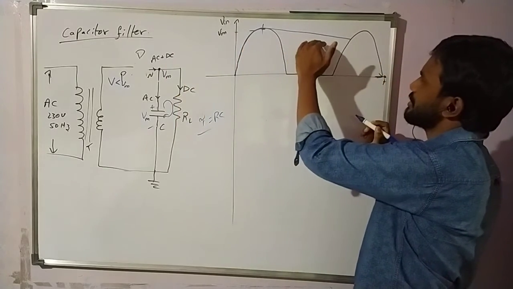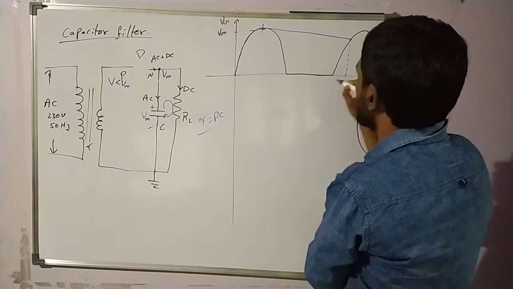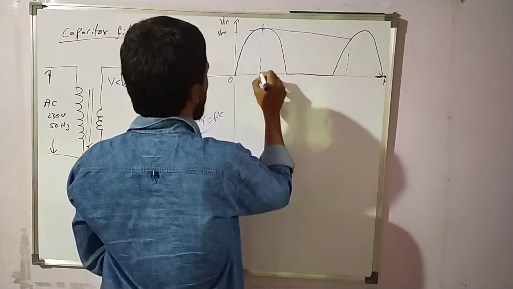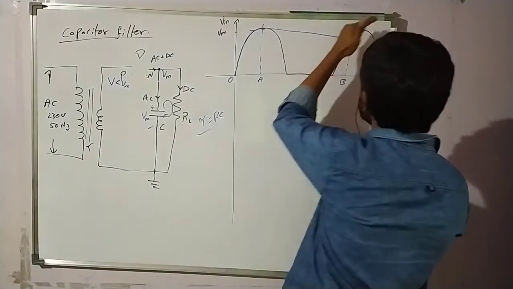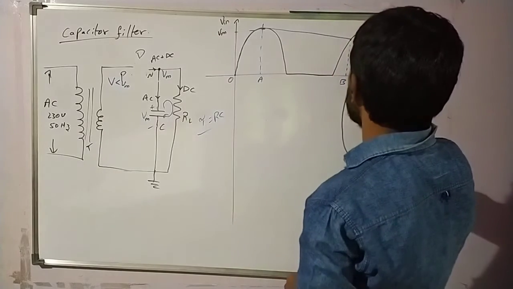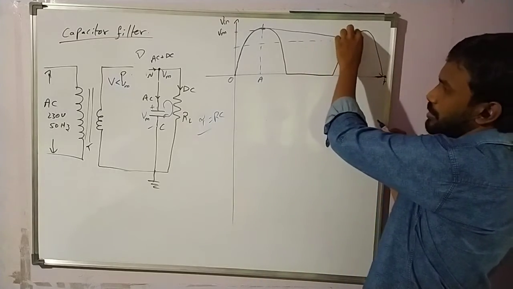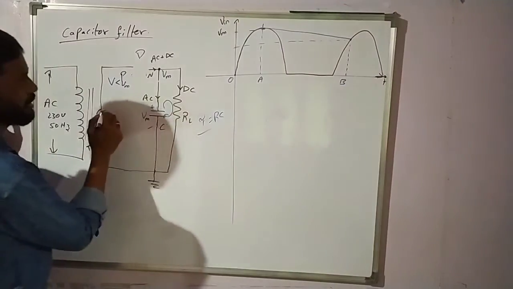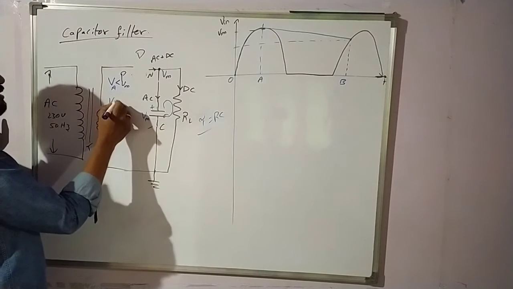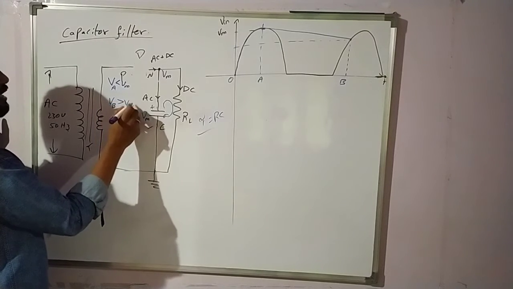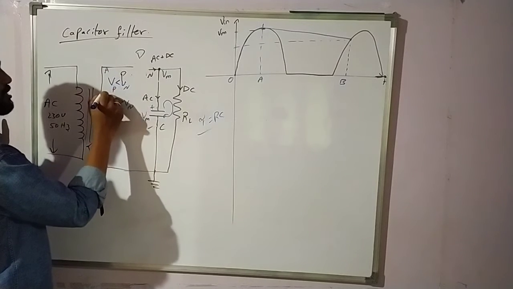The voltage is lesser, discharging. This is the origin. This is the peak point A. This is point B. When it reaches point B, you see the signal strength is more. Again, if you observe at this point, the voltage across A is lesser. So the voltage across B, when it reaches, is greater than the voltage across the N type. At A, this is position A, this is position B.